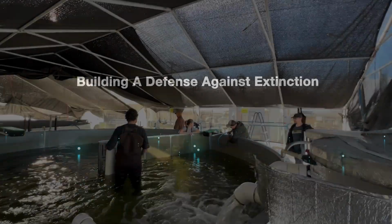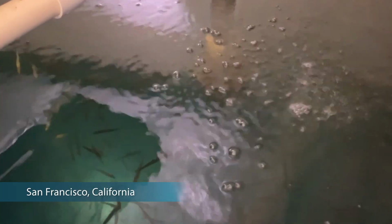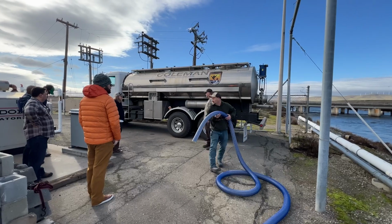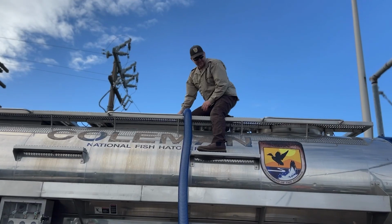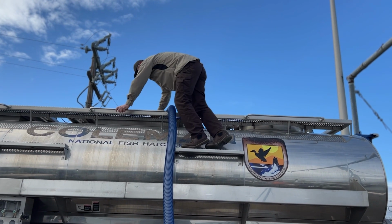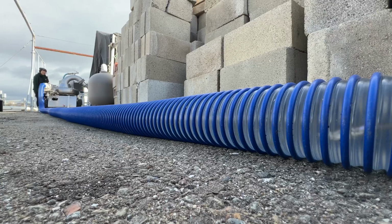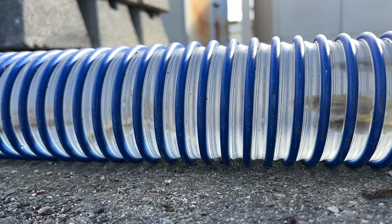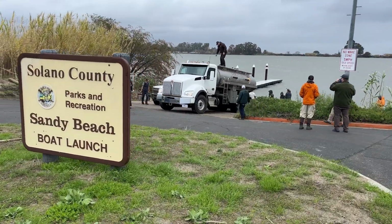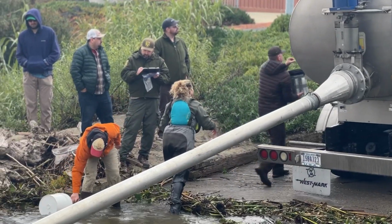Reclamation and its state, federal, and local partners recently completed the last experimental release of Delta smelt in California for 2024. Using a tanker truck to augment open water release, the exercise transported some 25,000 smelt from the University of California, Davis Cultivation Laboratory at Tracy for release into the Delta at Rio Vista. The release is part of an ambitious multi-year effort to supplement the Delta smelt, which are listed as endangered by